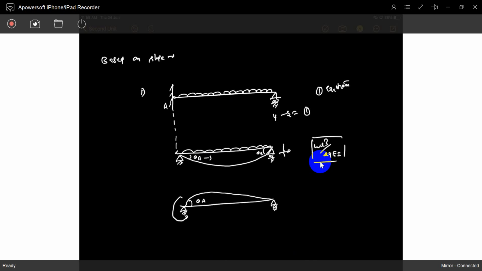This is a mag zone. I applied some moment M in the opposite direction, so it will give the same theta. Then what is happening? This theta is in the opposite direction, so it will get nullified to 0. So that is the meaning.